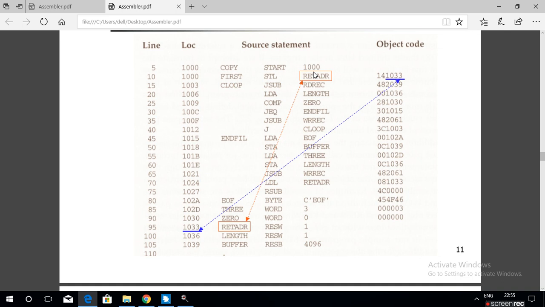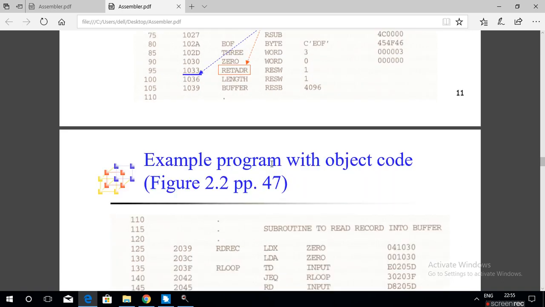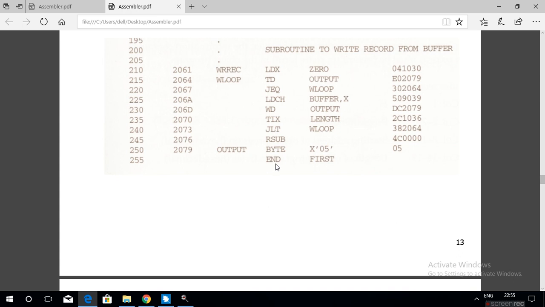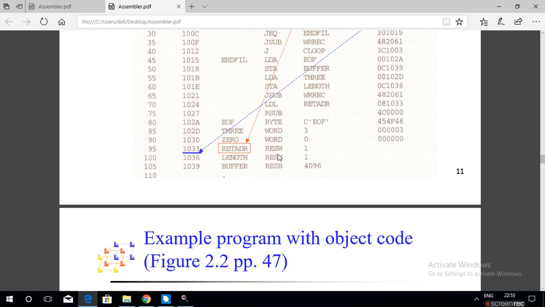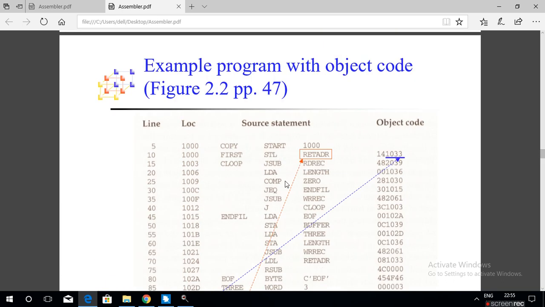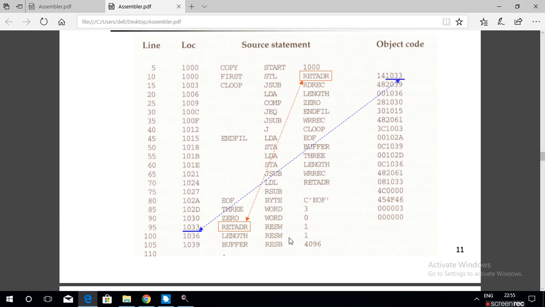Examples of assembler directives are START, END, BYTE, WORD, RESW (reserve word) and RESB (reserve byte).